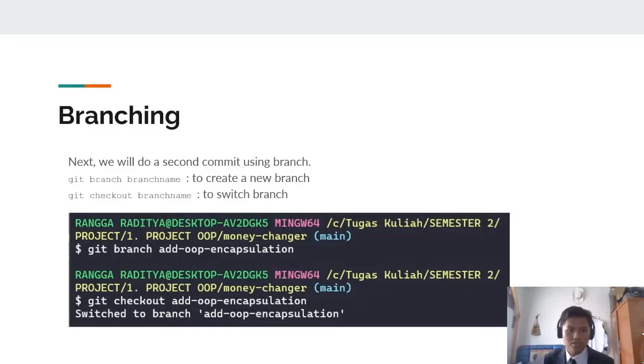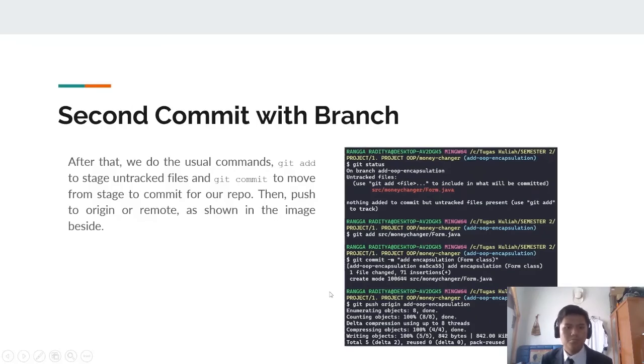This is to create a new branch, and to switch branch we can use git checkout and specify the branch name. For example, in this case we create a branch named add OOP encapsulation, and we move from main to the add OOP encapsulation branch.